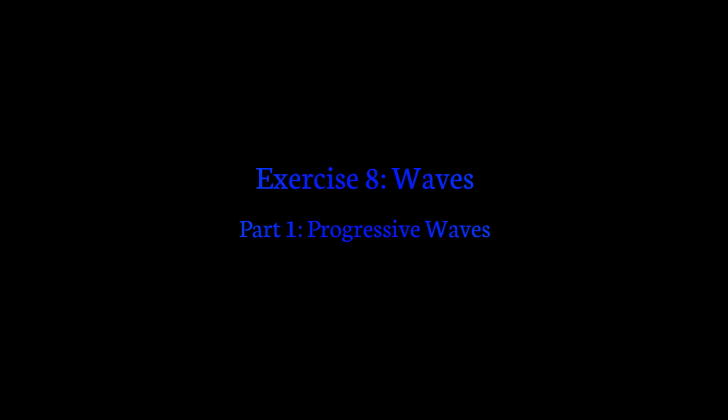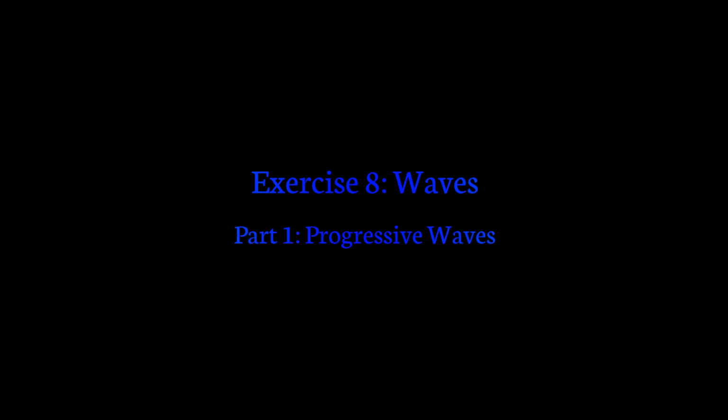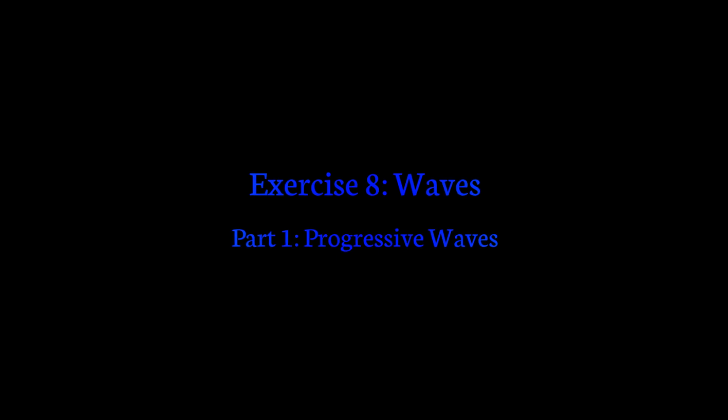Today, we're going to look at two different types of waves, standing and progressive waves, their parameters such as wave height, wavelength, and celerity, how those parameters change with variables such as water depth and wave period, and we will be looking at orbital motion as well. In this first video, we will be looking at progressive waves, or waves that move along the surface of the